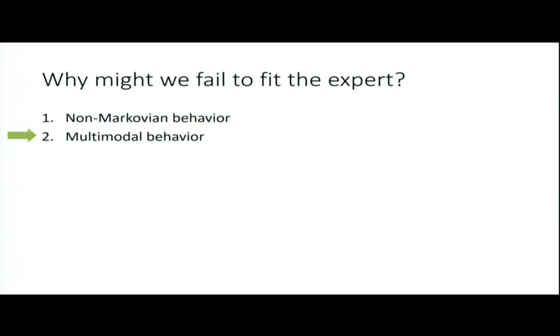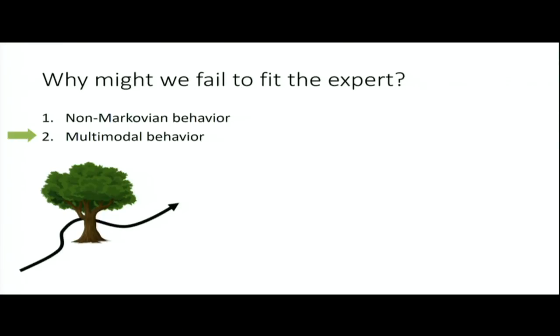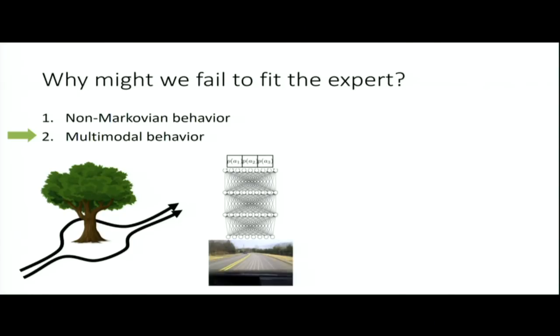Now let's talk about multimodal behavior. So multimodal means this. Let's say that I'd like to show you how I can avoid a tree. Maybe I'm flying that drone in the video that I showed before, and I'm avoiding the tree. Well, I can avoid the tree by going left, or I can avoid the tree by going right. But it's a very bad idea to try to do the average of these two things. If I have discrete actions, there's actually no problem here. Maybe I have an action for going left, an action for going straight, and an action for going right, and I'll just output this as my distribution. High probability left, high probability right, and low probability forward.